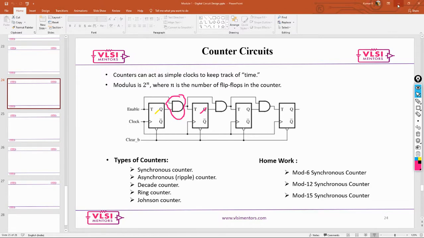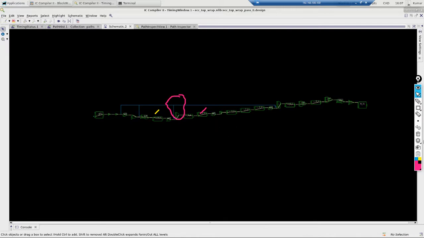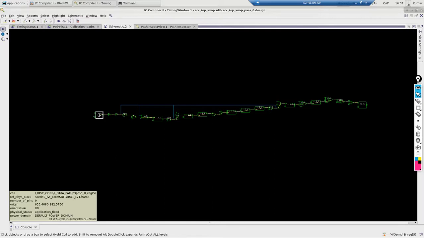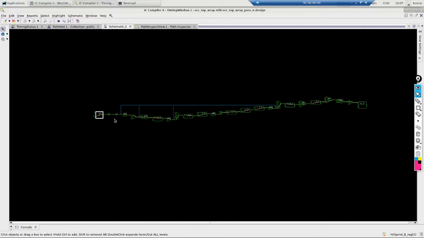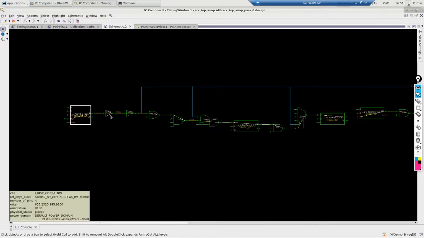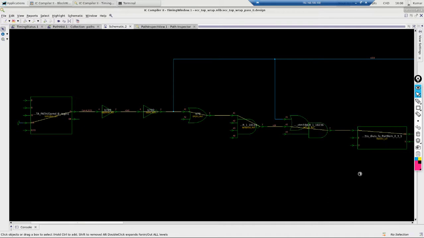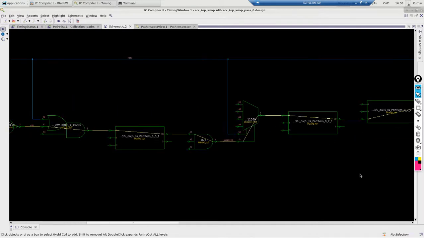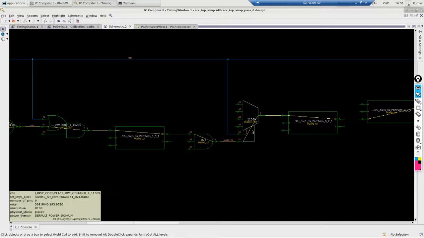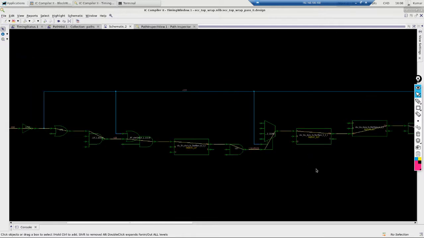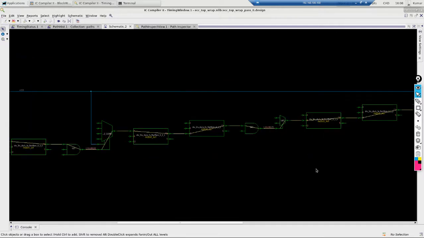Now, if I show you in the design, the whole thing that you see, this is your flip flop SDFF, and this is your flip flop SDFF. But between them, these are all the kind of logics. Say there is a buffer, inverter, OR gate, NAND, AOI, and then you have full adder, and three input, and then you see here mux. Okay, and you have again full adder here and full adder and again